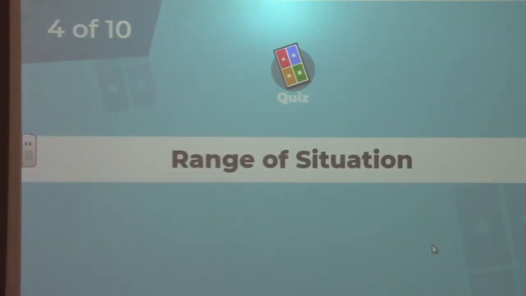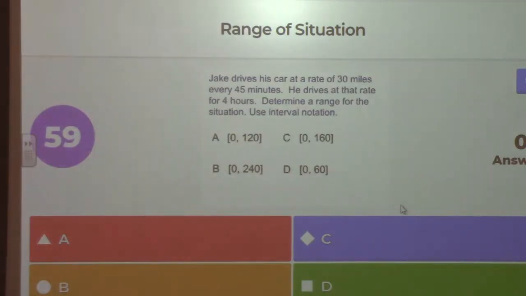Okay, range of situation. Okay, we have the same sort of thing, but range. This one is